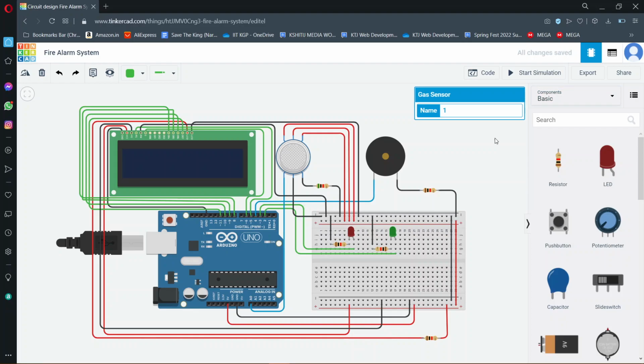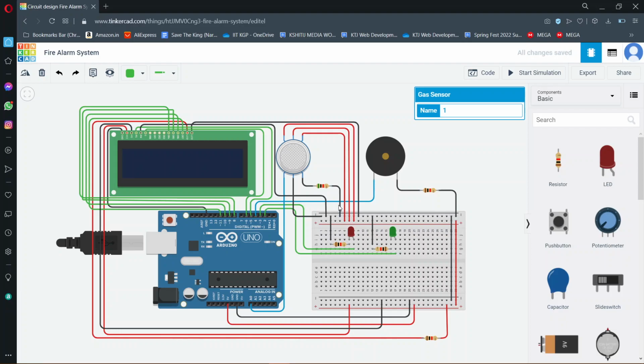For my DIY lab assignment 2, I have made this fire alarm system using the online circuit simulator Tinkercad. As you all know, small incidents can lead to severe damage to society, hence it is always better to take precautions before the accident.